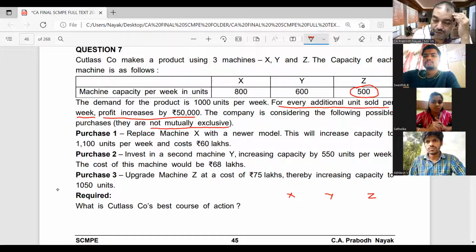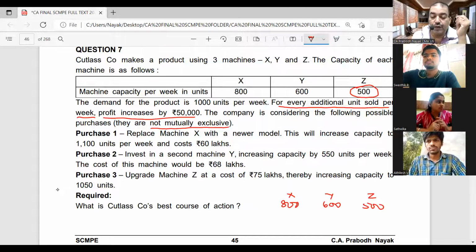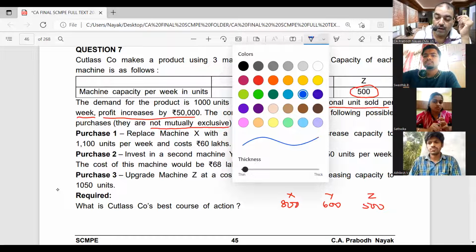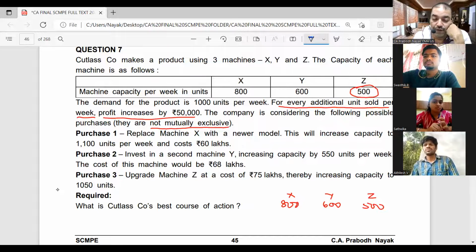Existing capacity is 800, 600, and 500. Now, option 1 says, replace machine X with a newer model. With a newer model, we will have capacity increasing to 1100 units. So as for the first option,